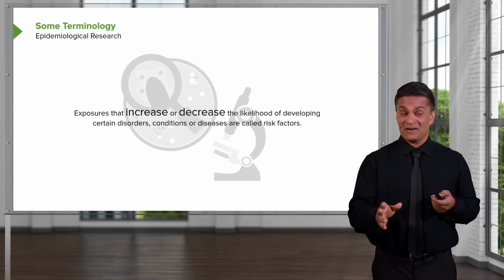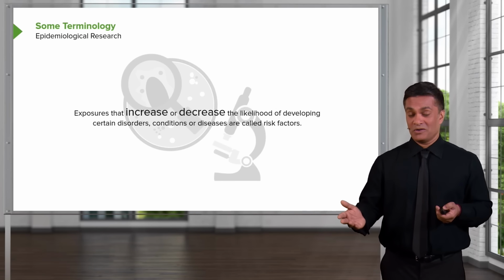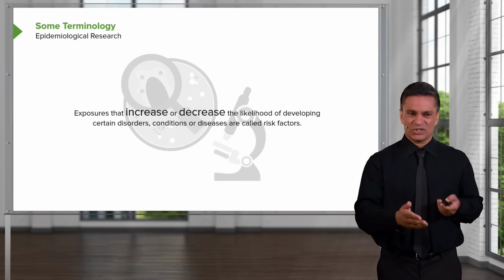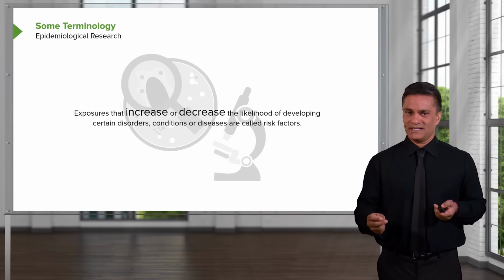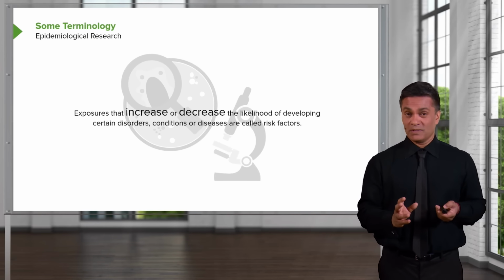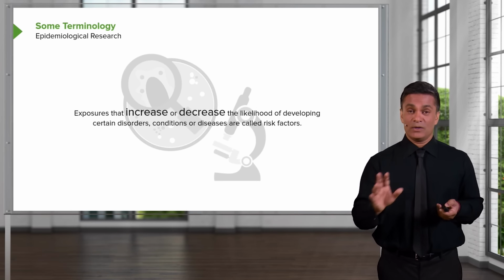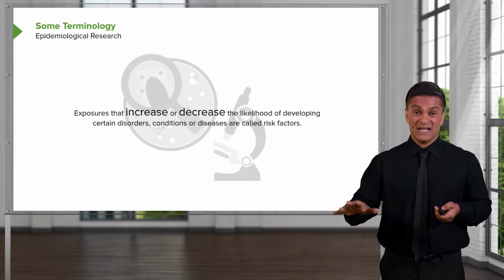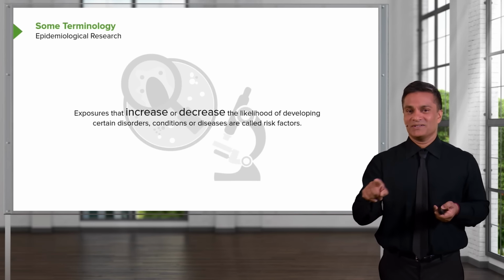Now go back to John Snow again. John Snow discovered that water from this pumping station was likely associated with cholera. He didn't know how it worked. He didn't understand the biology, the mechanism by which water caused the disease. He just knew that this water was a risk factor for getting the disease. And this really is one of the foundations for public health epidemiology. We can measure statistically the relationship between risk factors and outcomes, and thus we can control the risk factors and maybe then control the outcomes without knowing the relationship, without knowing the mechanism of how that risk factor caused the outcome, or in fact, if it was indeed causal.